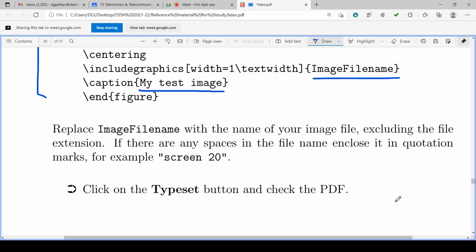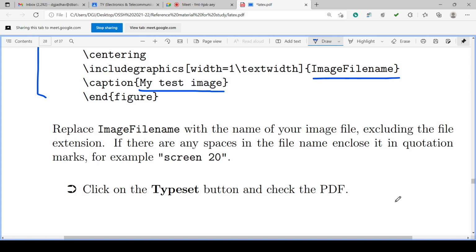If there are any spaces in the file name, enclose it in the quotation mark. For example, screen space 20. Okay, this is the file name. Then we have to include it into the double quotation mark. Okay, file name is screen space 20.